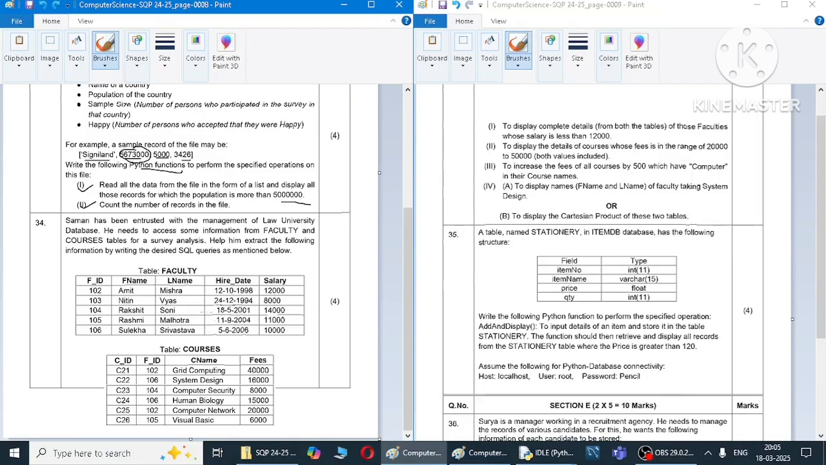Now look at question number 34. We have two tables, faculty and courses, and we have 4 queries. Let us check one by one. To display complete details from both the tables of faculties whose salary is less than 12,000, the command should be